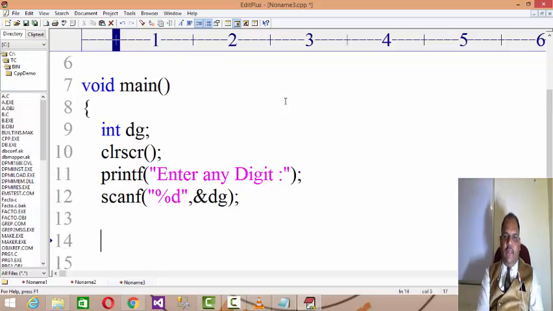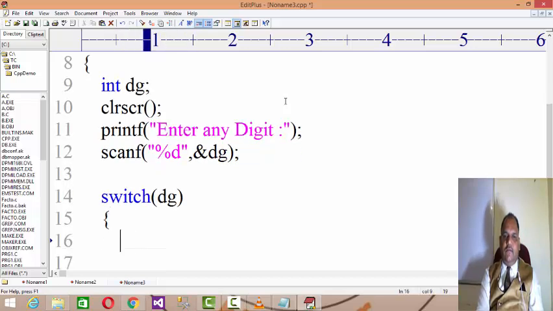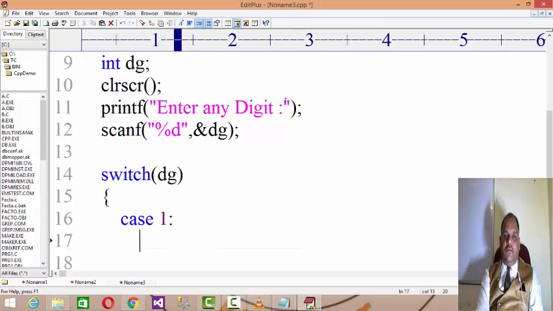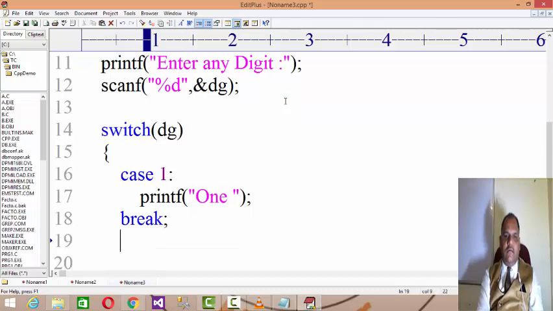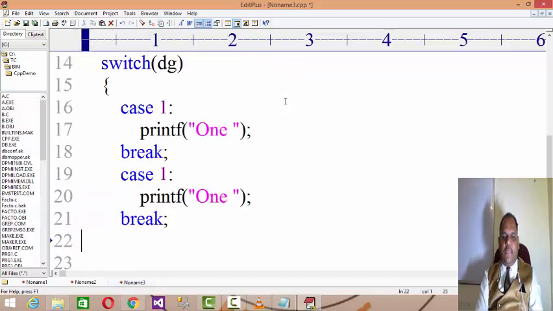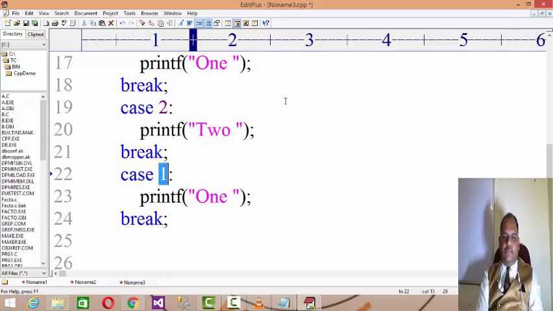Then you can read the digit from the user and switch on that digit. After switching, if it is 1, then printf ONE, and break. If it does not match 1, then repeat these cases. It may be 2, it may be 3, build all those cases.